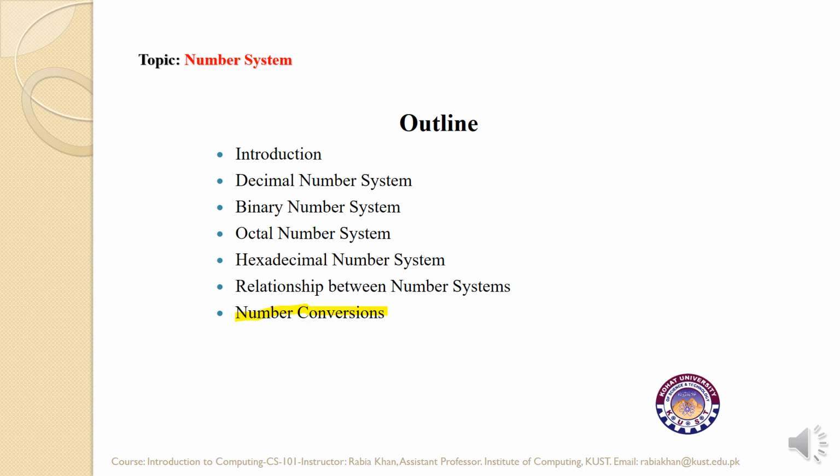We will be discussing the whole number conversion, how we can convert a complete whole octal number into a decimal number. Then we will see how we can convert the fractional part of an octal number into a decimal fraction. Then we will merge both parts, the integer part and the fractional part, and apply both rules on a complete number. So let's proceed with the first, whole number conversion.